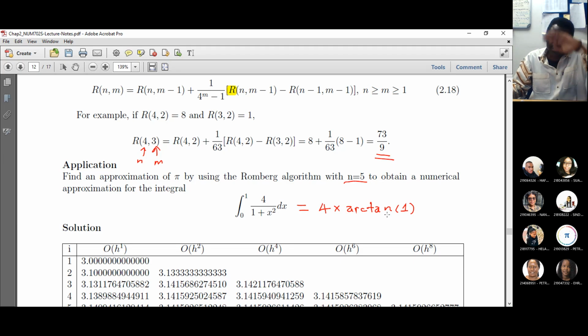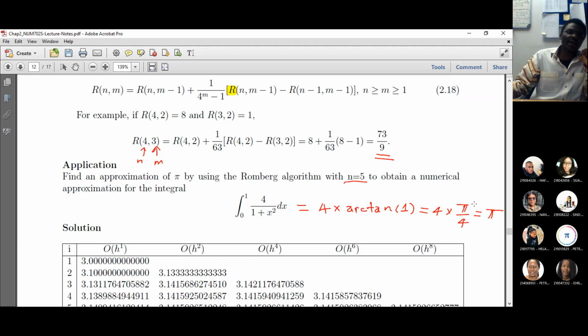Now, if you take the ratio, it gives you what? It's pi by 4 anyway. So this is pi by 4. So that would be 4 into pi by 4, and this is pi. So the exact value of this integral, if you take the antiderivative, is pi, which means